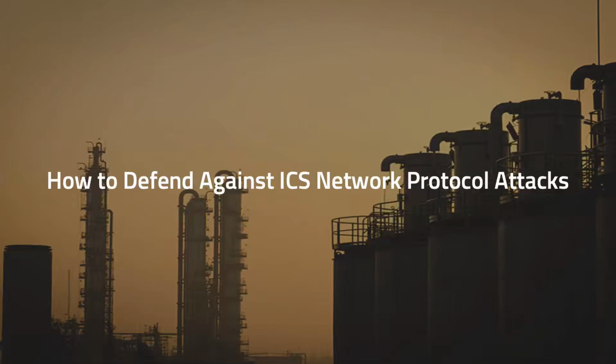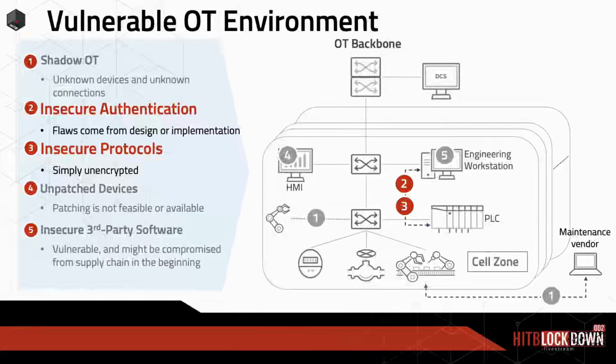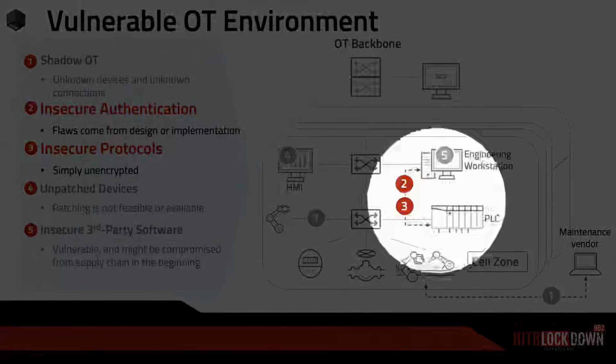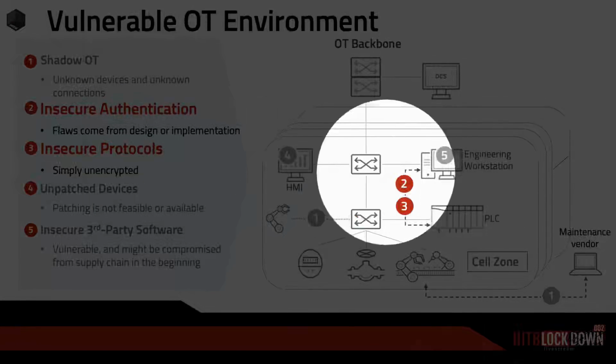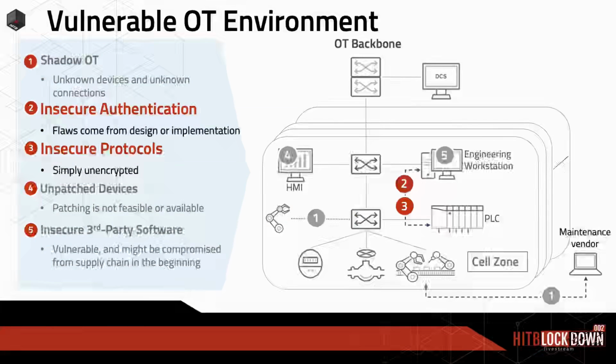It's a very important part, because in an ICS environment, attack knowledge is not enough. You need to know how to defend, how to detect, and how to protect. So we will talk about this. Just to recap, in a vulnerable OT environment, we focus on insecure authentication and insecure protocols between the HMI, Engineering Workstation, and so on. It's very important because many legacy devices are very weak. We can also use network-based solutions to protect the ICS network protocol and do some virtual patching.